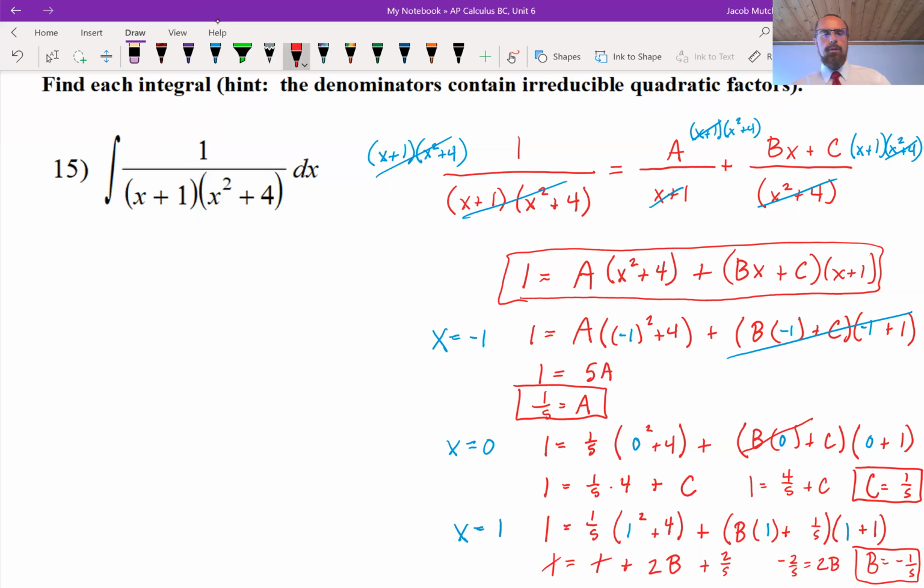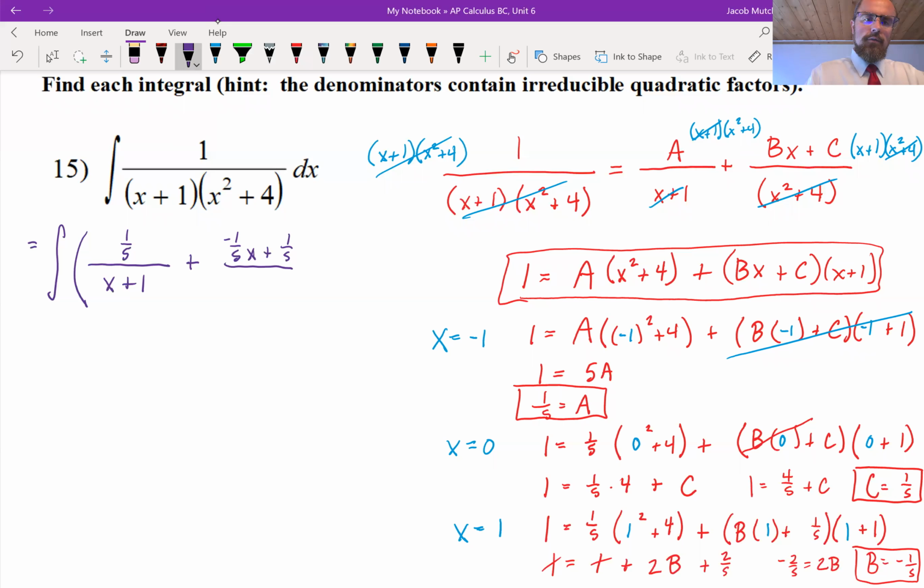And with that, we're ready to plug back in and integrate. So we'll come back up to here. Again, we rewrite to make the integration easier. So this is now going to be the integration of 1/5, that's my A, over x plus 1, plus B is negative 1/5 x plus C is 1/5 over x squared plus 4 dx. And so at that point, I'm ready to now